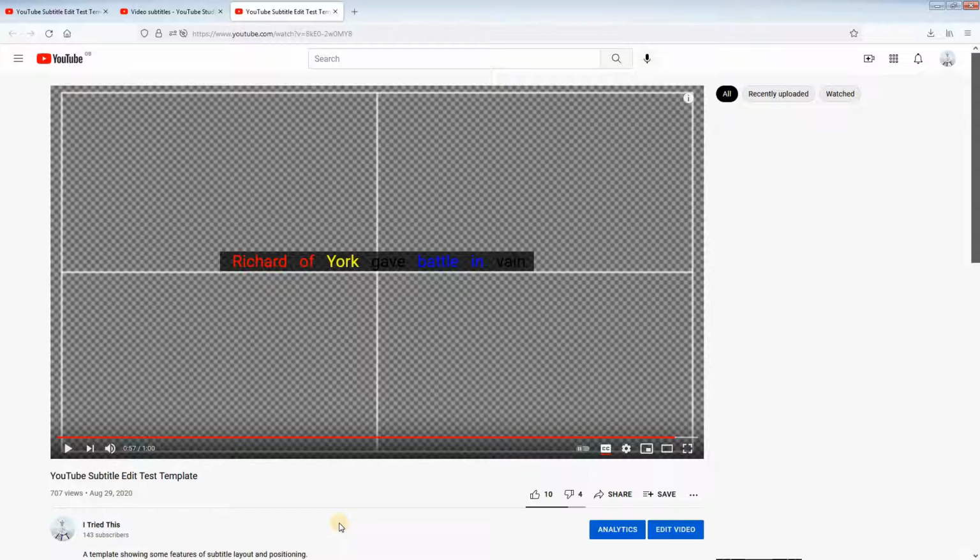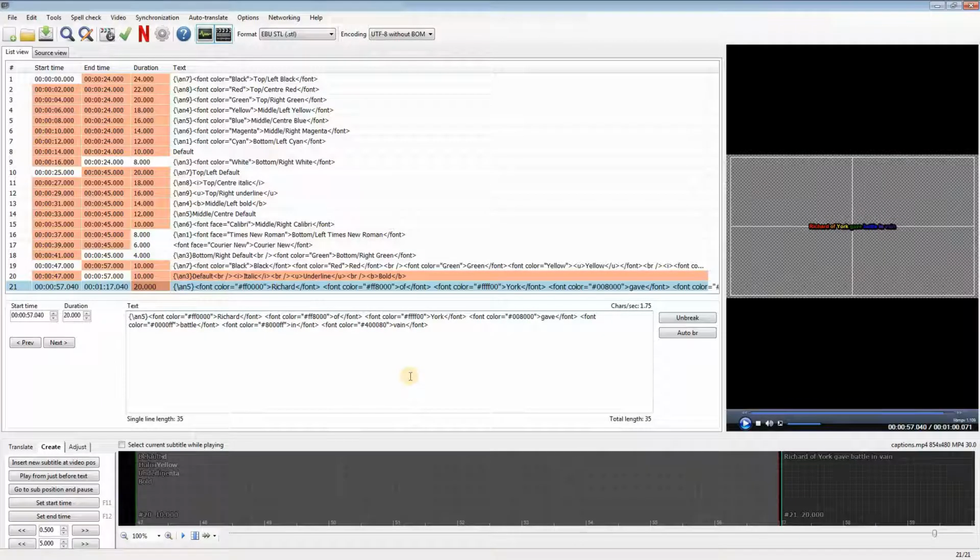We see that the hex codes were accepted by Subtitle Edit, but are converted to the closest color allowed by the EBU STL format. This seems to be a feature of Subtitle Edit, because if I reopen the STL file, I see that the hex codes have been changed into words. So to be sure that you get the colors you want, you need to set the format to EBU STL before you start editing color tags, or overwrite the hex codes with the name of one of the allowed 8 colors.